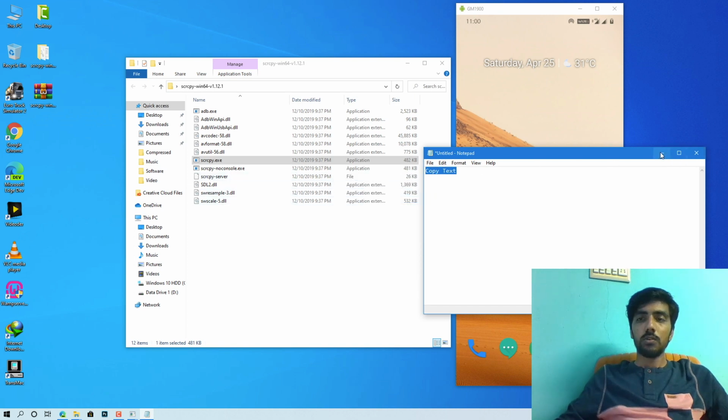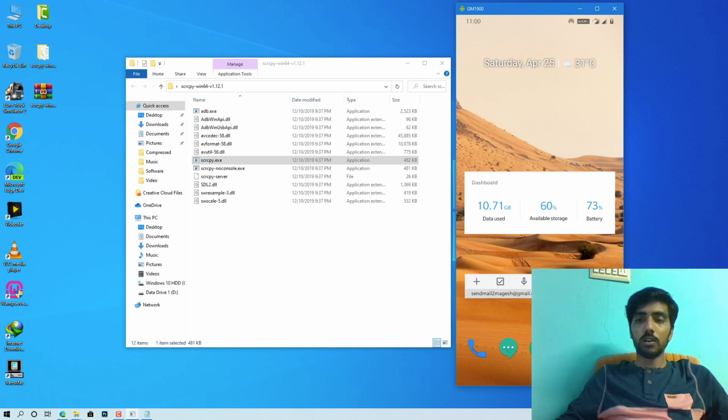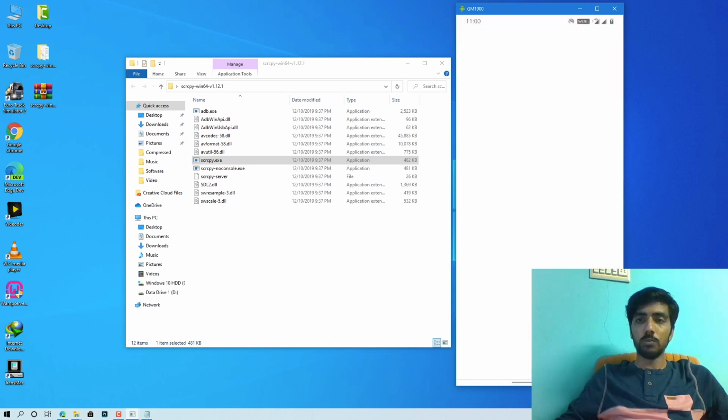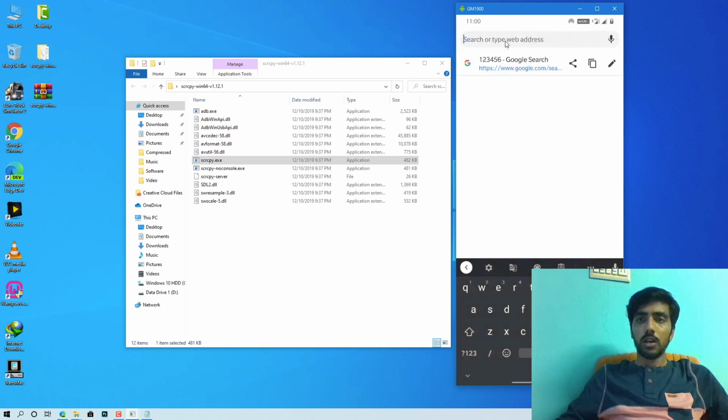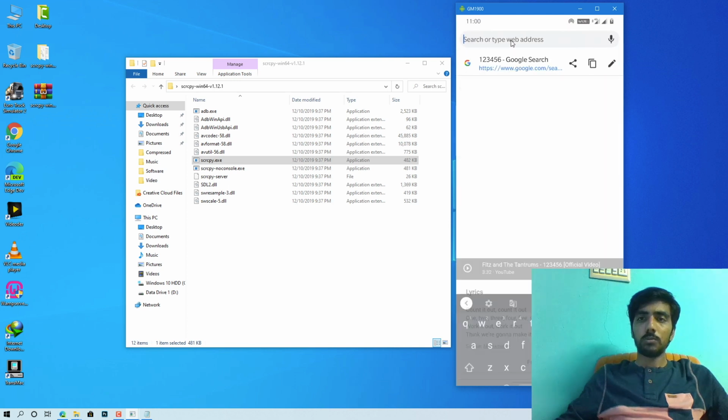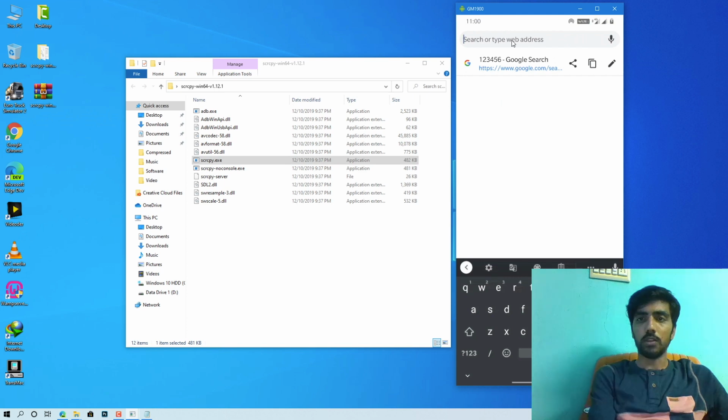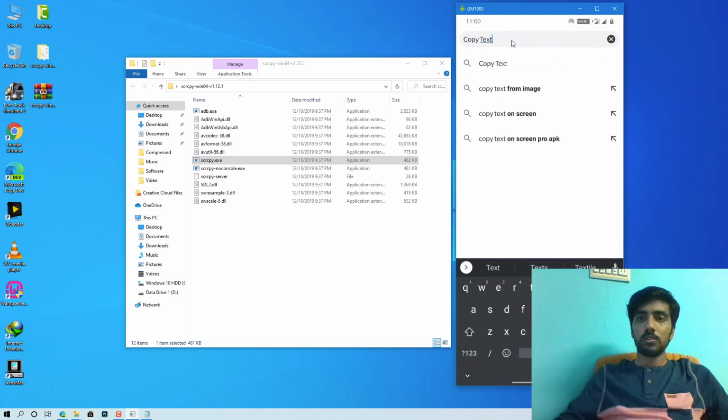Now we go into our mirror, select Google Chrome, and then I paste it. Can you see? The copy text is pasted.